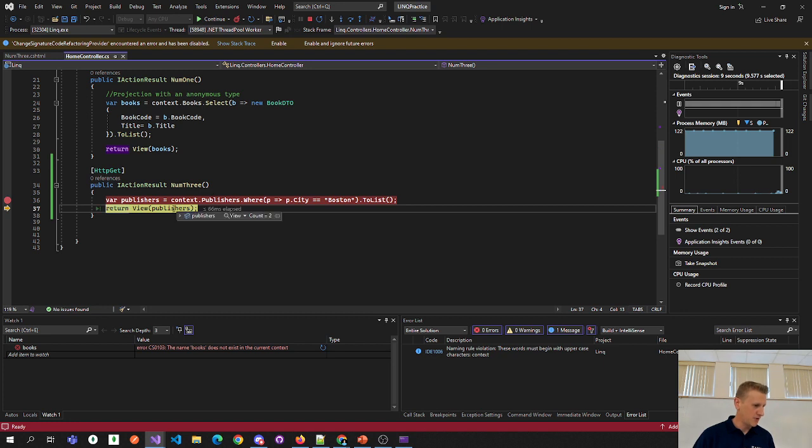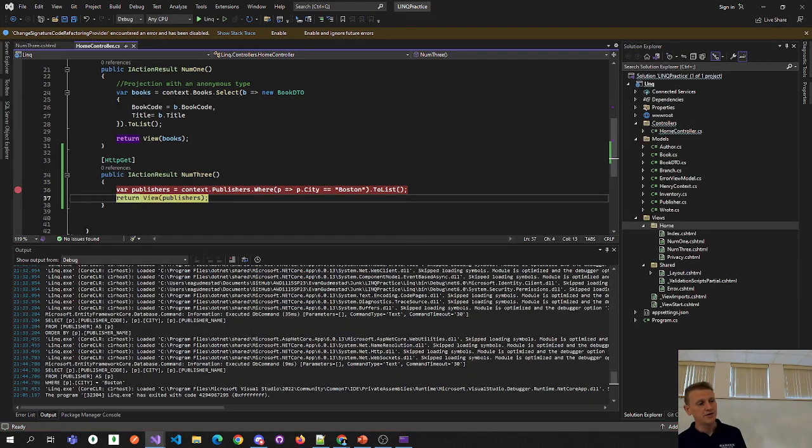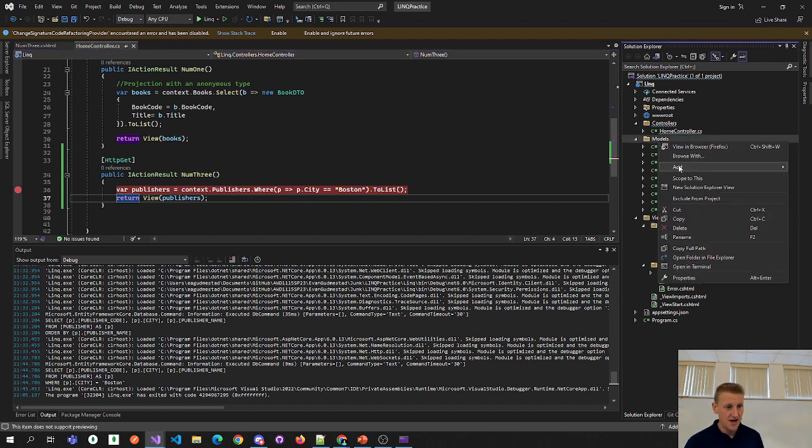We hop over that, and we could see our publishers has 2, right? So that's good. If you were to go into the database, you would see a bunch of publishers. Only 2 of them live in Boston, and you can see there the city is Boston, and the city is Boston. Okay, so our LINQ statement is working. However, if there was sensitive data, we don't want to send all the publishers, we can make one of these DTOs, right? So let's go ahead and add